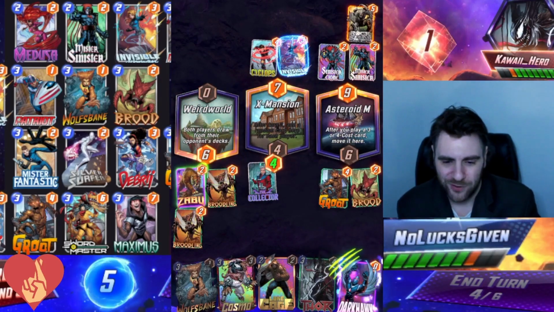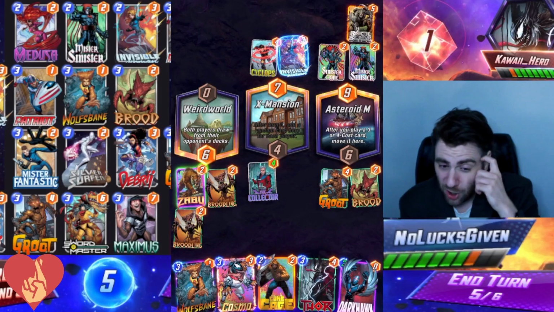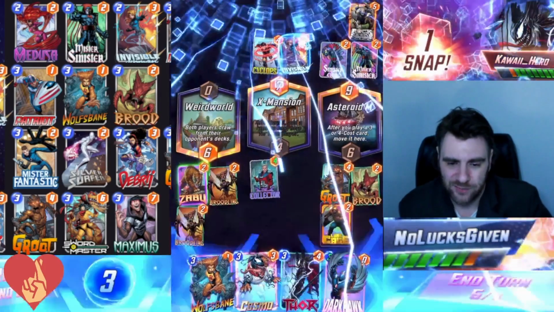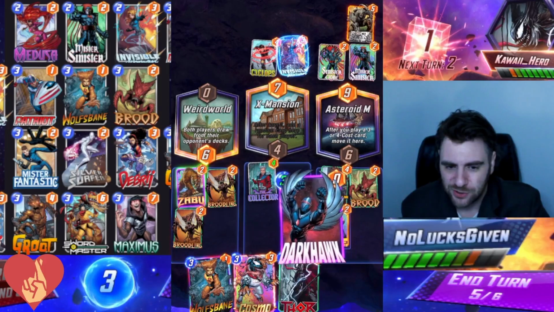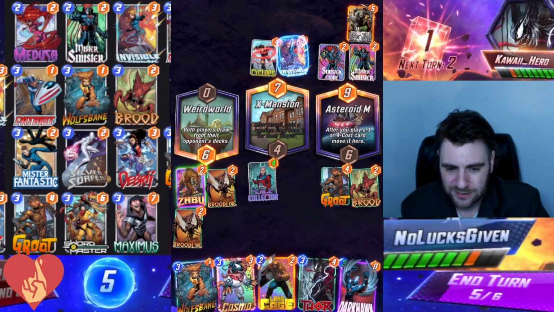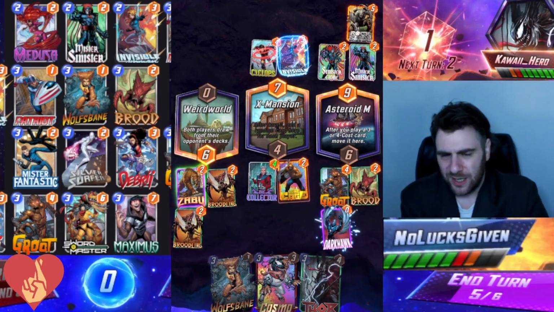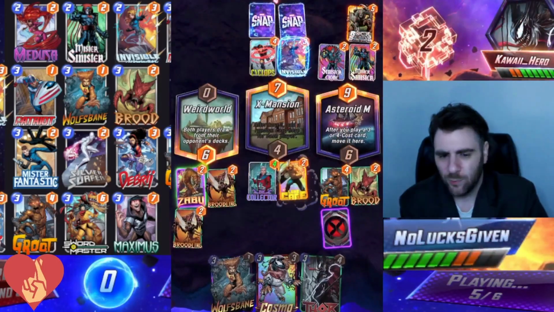That'll get thrown over into Asteroid M, and then I get to throw out a Darkhawk and a Wolfsbane this turn. Oh wait, no, this is turn 5, sorry. So this turn I'm going to play Luke Cage plus Darkhawk probably, and that is a decent amount of value here. What's interesting is Rock Slide is actually kind of terrible in this matchup, well, in a Weird World